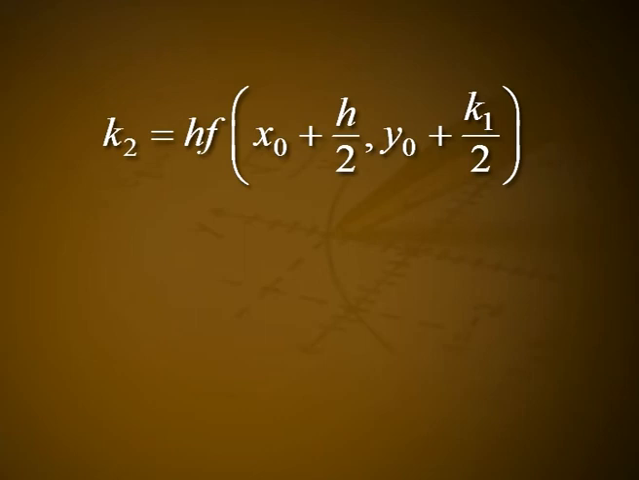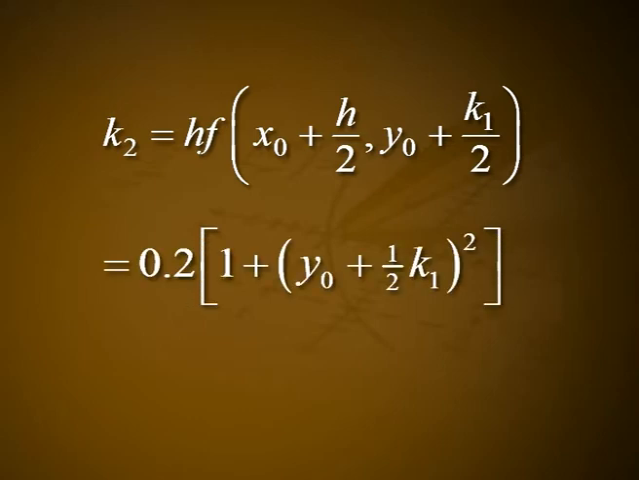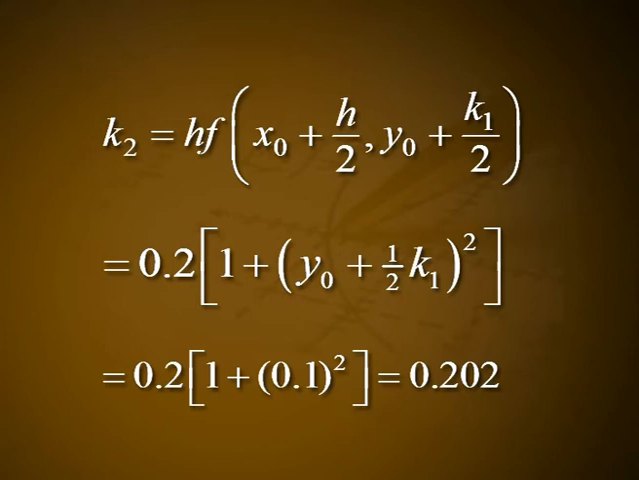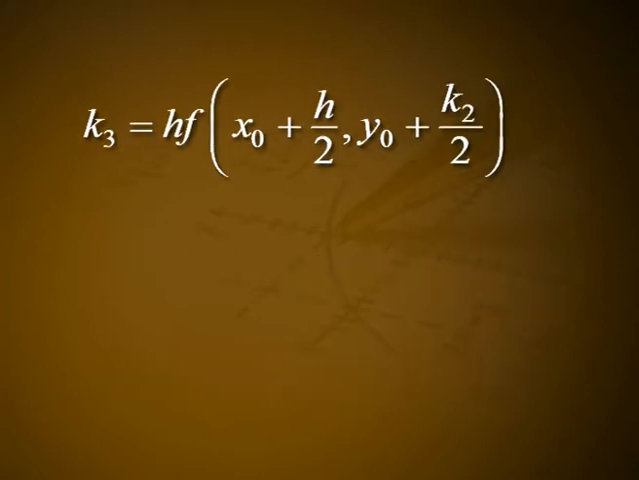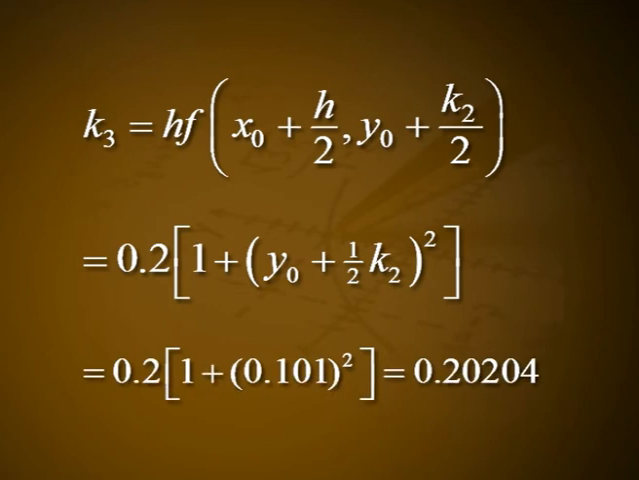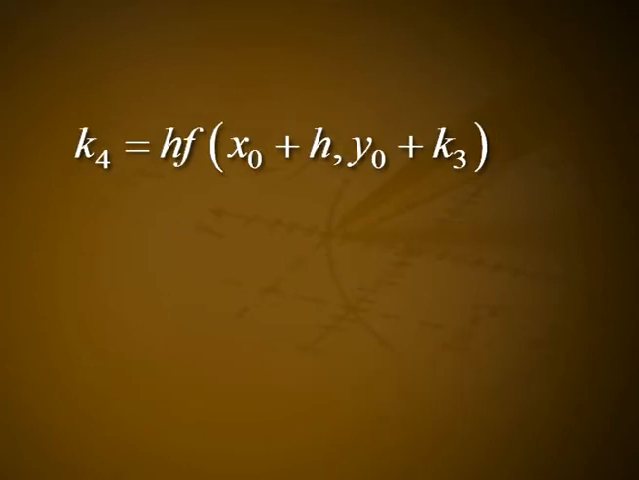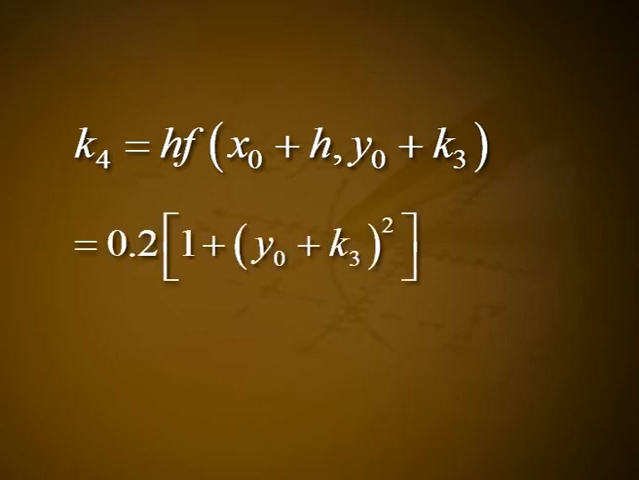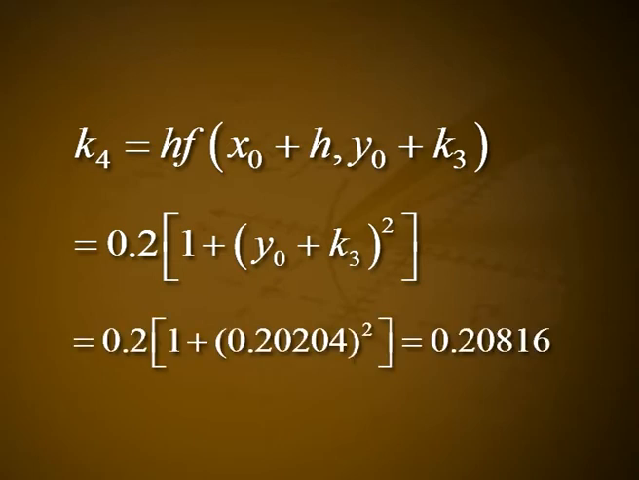k2 = h f(x0 + h/2, y0 + k1/2) = 0.2 (1 + (y0 + 1/2 k1) squared) = 0.2 (1 + 0.1 squared) = 0.202. k3 = h f(x0 + h/2, y0 + k2/2) = 0.2 (1 + (y0 + 1/2 k2) squared) = 0.2 (1 + 0.101 squared) = 0.20204. k4 = h f(x0 + h, y0 + k3) = 0.2 (1 + (y0 + k3) squared) = 0.2 (1 + 0.20204 squared)